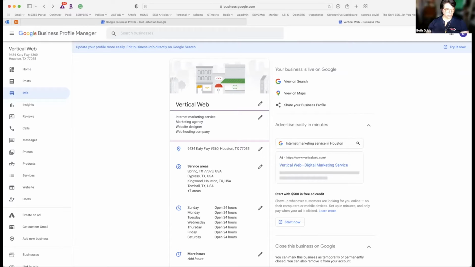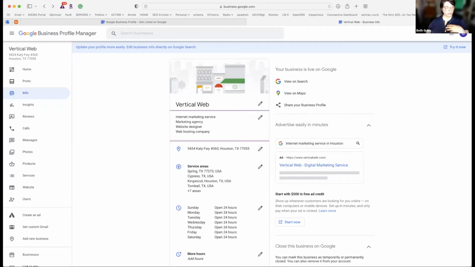I also know that Google's making a lot of noise. There's a lot of chatter about people's business profiles being disconnected and stopped because they're using addresses that are not right. So my thought is right now they're considering those people spammers and they're blocking them.